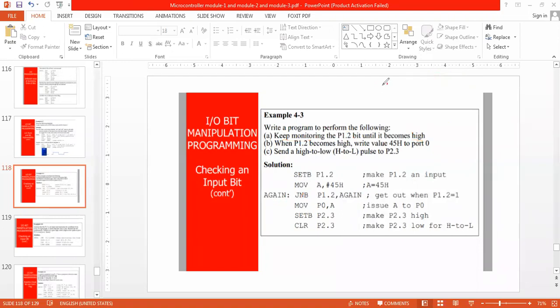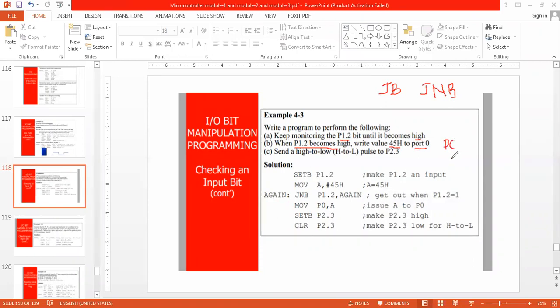Okay. Let us go for the program. Then later on you will understand. Now see. Keep on monitoring P1.2 until it becomes high. When P1.2 becomes high, write the value 45H to the port 0 address.